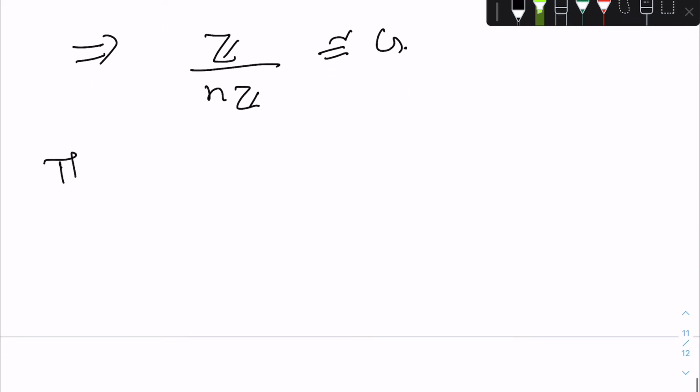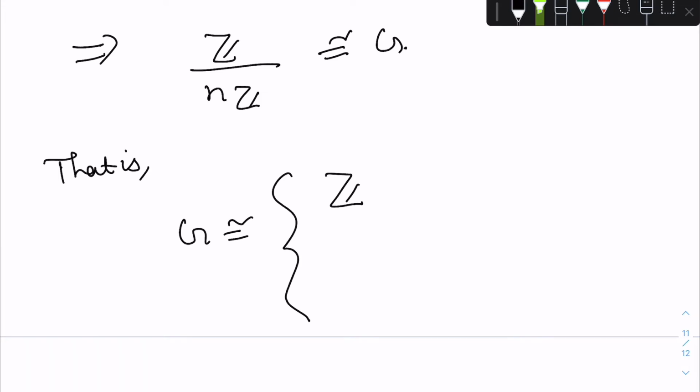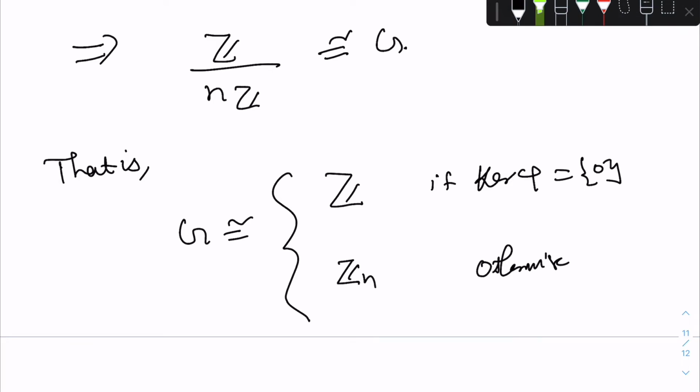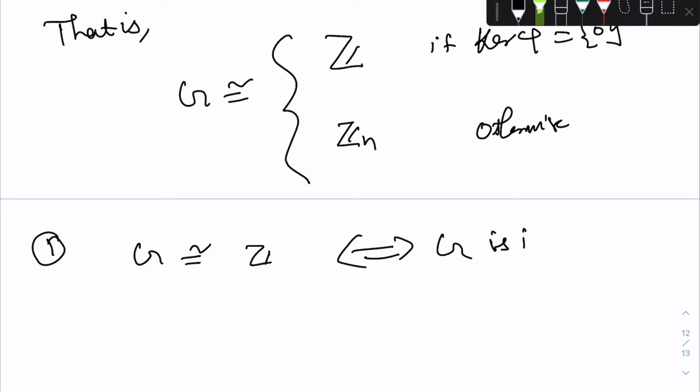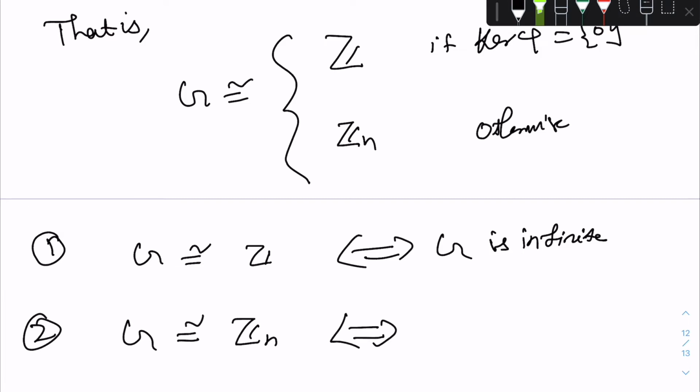That is, G is isomorphic to either Z, depending on the kernel. If the kernel is trivial, it is Z. Otherwise, if the kernel is non-trivial, this is Zn. So we got a very nice, very beautiful classification. Conclusion number 1: G is isomorphic to Z if and only if G is infinite. So this is a conclusion. And 2: G is isomorphic to Zn if and only if G is cyclic